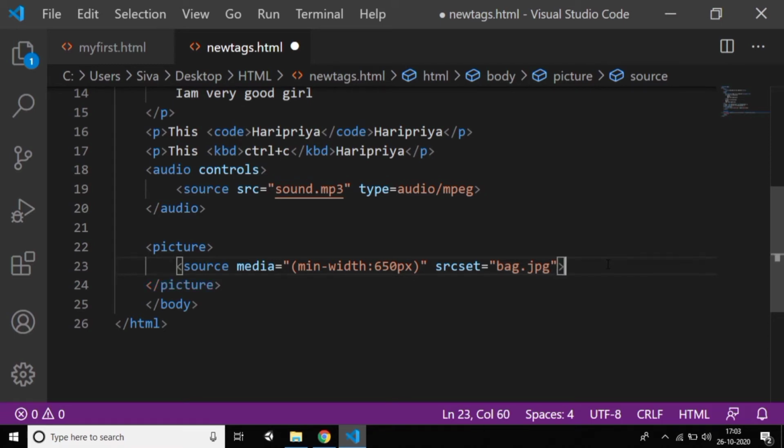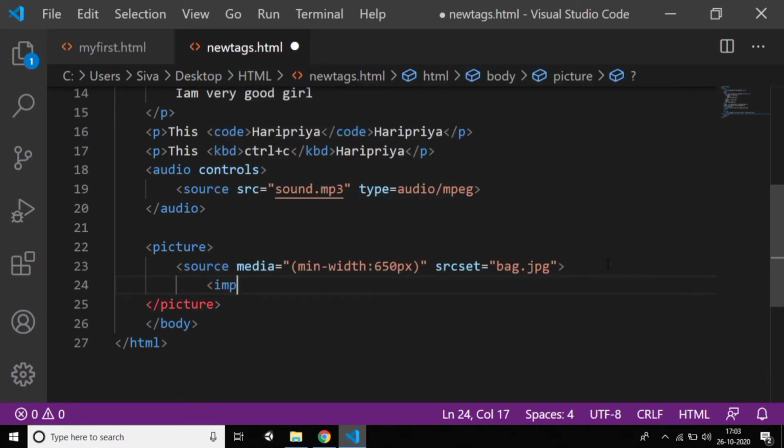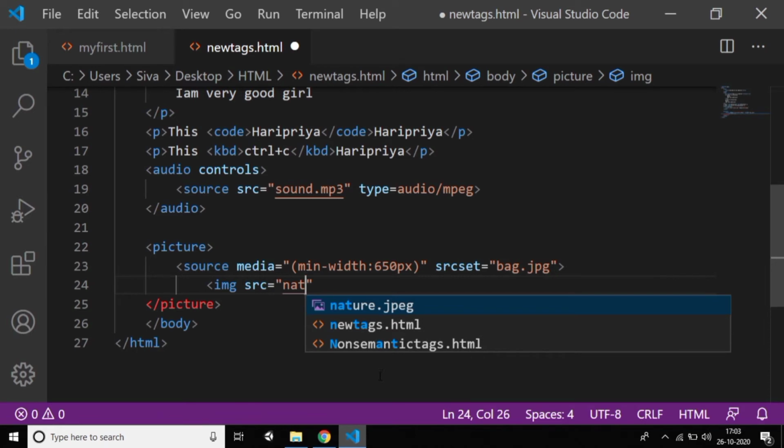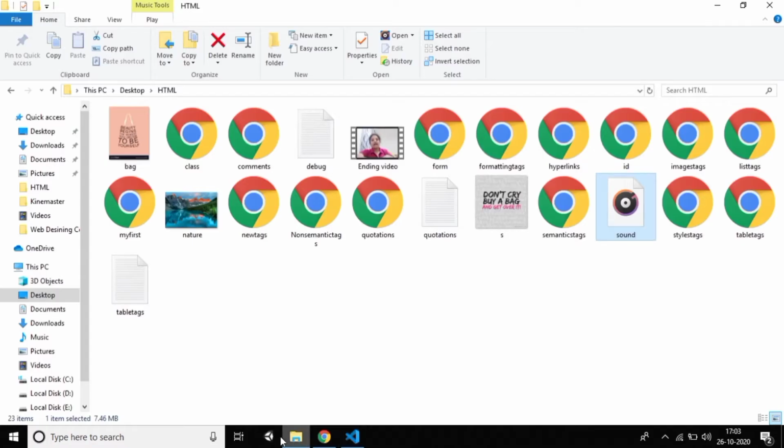Now just close this file, and I want to give a normal image tag. We all know how to give the image src, which I already explained before. Now I want to give the nature image, so nature.jpg. Because I used it before, it is showing recommendations.